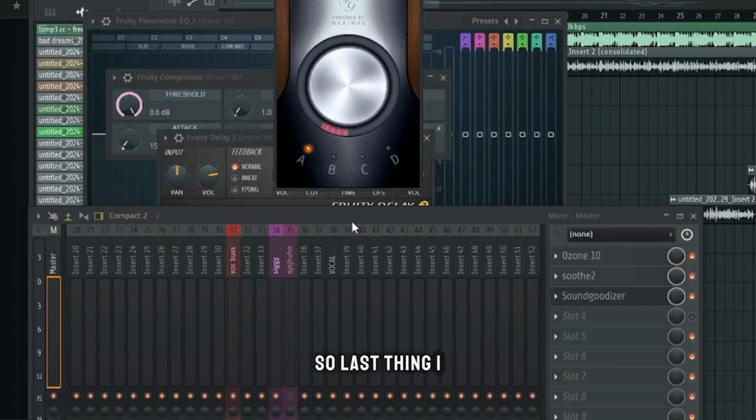So last thing I wanted to talk about with FL Studio is a little bit of the bad things I really experienced with it. So when using FL Studio, be prepared for things to crash very frequently. Like when I first bought FL Studio,